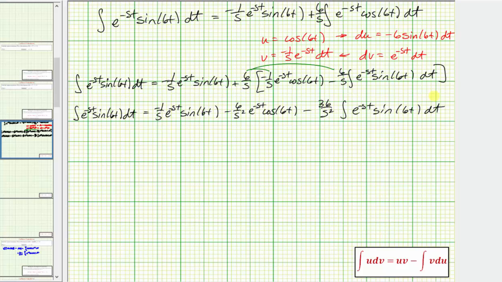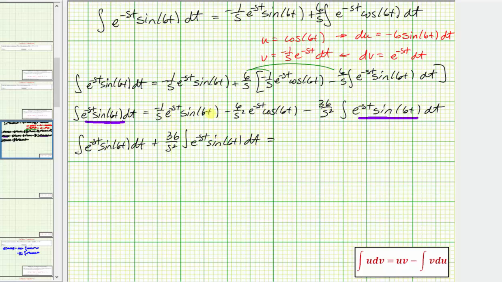So at this point it looks like we're going in circles. However, notice how if we compare the integrand function to the original integral and the integrand function to this integral, notice how they're the same. So these are actually like integrals. So we'll go ahead and add 36 divided by s squared times this integral to both sides of the equation, which would give us the integral of e to the negative st sine 6t dt. Then we'd have plus 36 divided by s squared times the integral of e to the negative st sine 6t dt